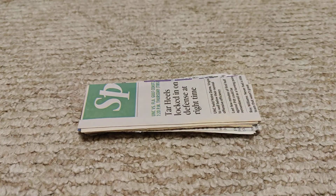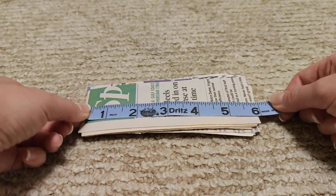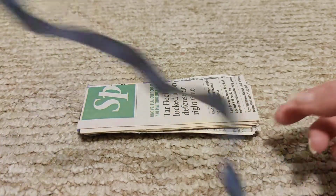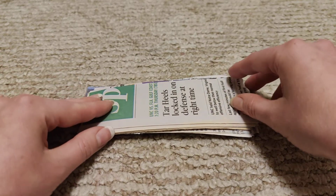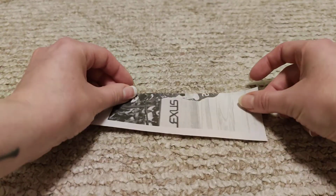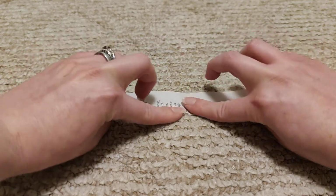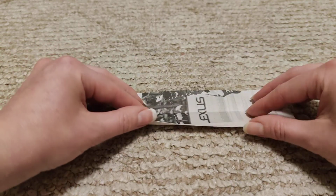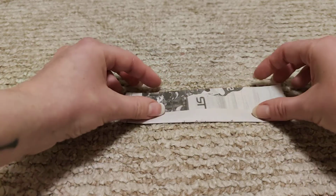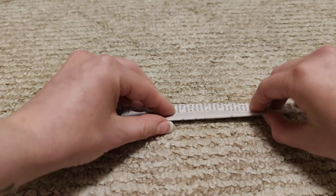newspapers. And if you measure them, the dimension is about 6 by 2 inches. So the first thing you're going to do is you're going to take your first newspaper. You're going to fold it in half. You're going to open it up. You're going to fold over one side to meet that middle line, the other side to meet the other one, and then you're going to fold it